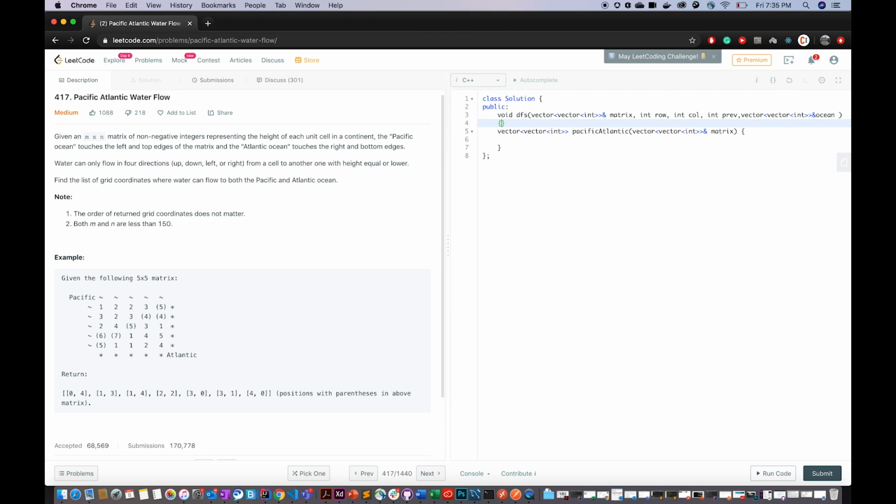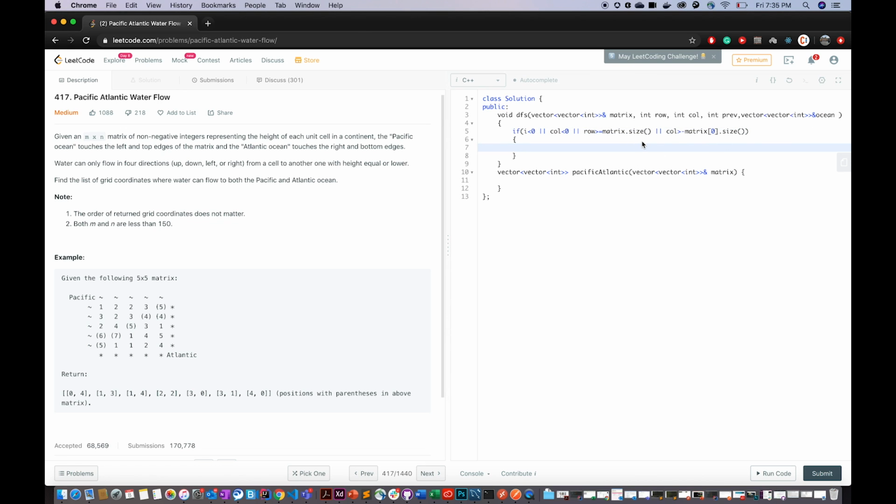So let's get right. First check in DFS is always about checking whether or not we are going out of bound of the given matrix. So if row is less than 0 or column is less than 0 or row is greater than or equal to matrix.size or column is greater than or equal to matrix[0].size. What this means is simply checking the bounds.